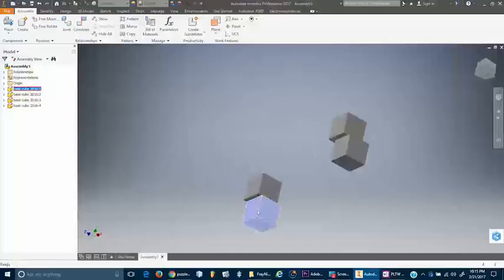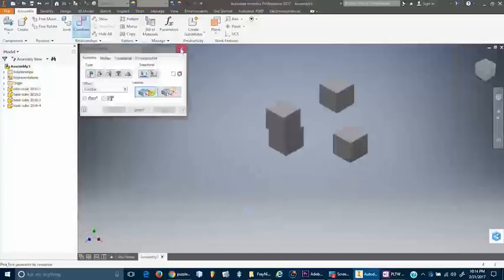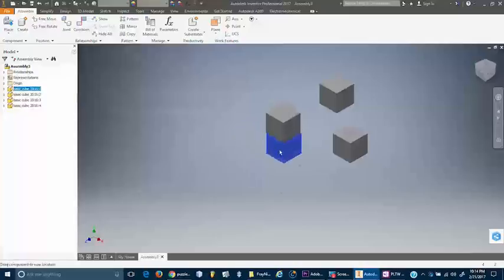Okay, now you don't have to X out of this, but I'm going to X out of this to show you that these 2 pieces are mated together. Okay, so I could do anything, but Inventor knows that I want these 2 pieces together. Okay, so now I'm going to go back to my